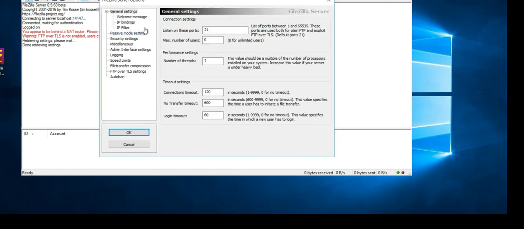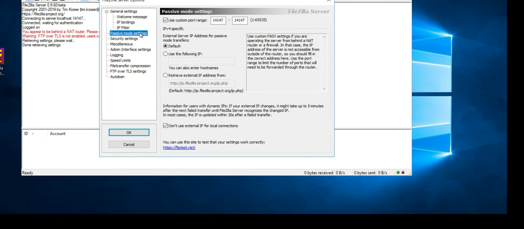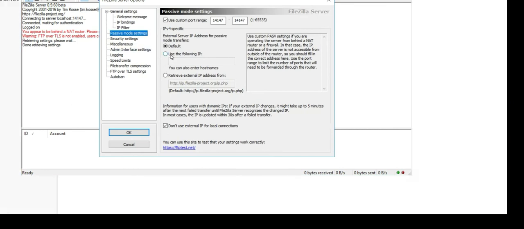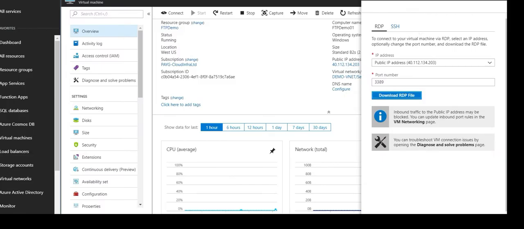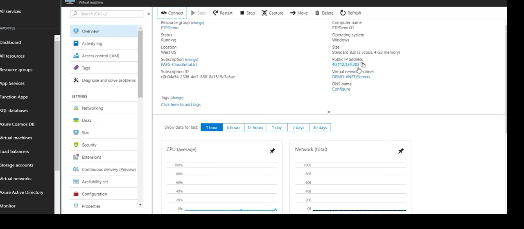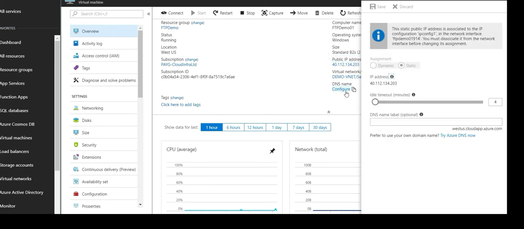We need to go to passive mode settings, and this is where we got to set up the public IP address. So if we go back to the Azure portal, you'll see that's the public IP address. Hit copy, and at the same time we have to configure an external DNS name.